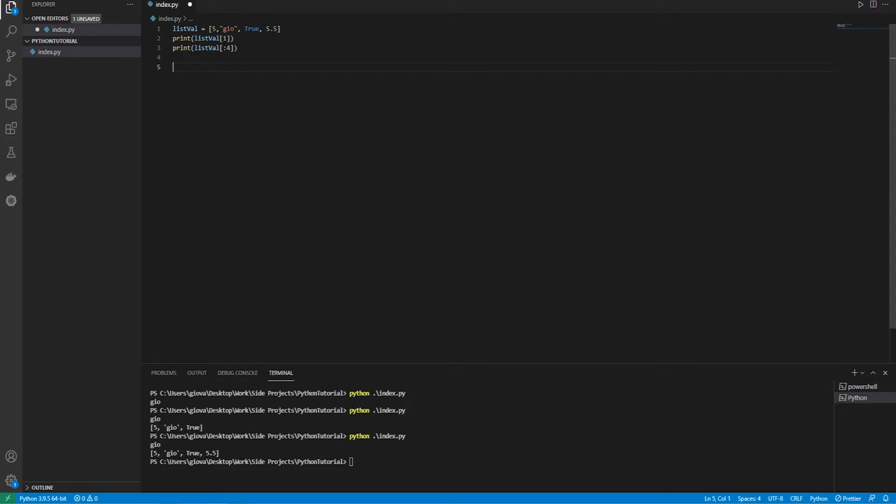Now, a list does come with predefined functions already created, and they all do different things. So for example, if we want to add another value to the end of this list, Python already has a function created called append. So to have access to this function, we just do the name of the variable that's holding the list, and we could do dot, and you can see the different functions or different methods that come with this list. So we're going to just use dot append, and we want to increment another value, and I want to increment the number 7. Now if I print out this list,